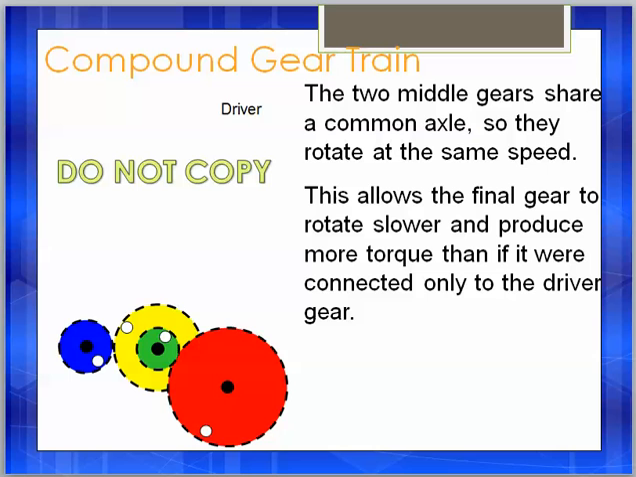Compound gear train. The two middle gears share a common axle, so they rotate at the same speed. This allows the final gear to rotate slower and produce more torque than if it were connected only to the driver gear. So what they're doing here,